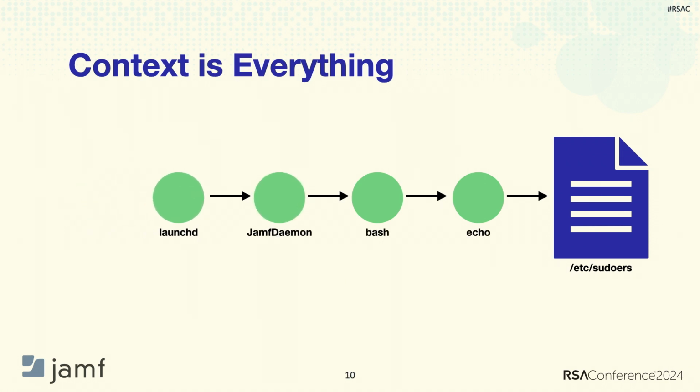Or how about this scenario where the sudoers file is modified via an echo command running under the Jamf daemon, right? Jamf is an MDM. One of the major services we provide is an MDM. So basically, you can run scripts across your fleets. If I saw this happen, I would probably think, okay, this was an admin. They pushed out a script to run it. This is probably just fine.